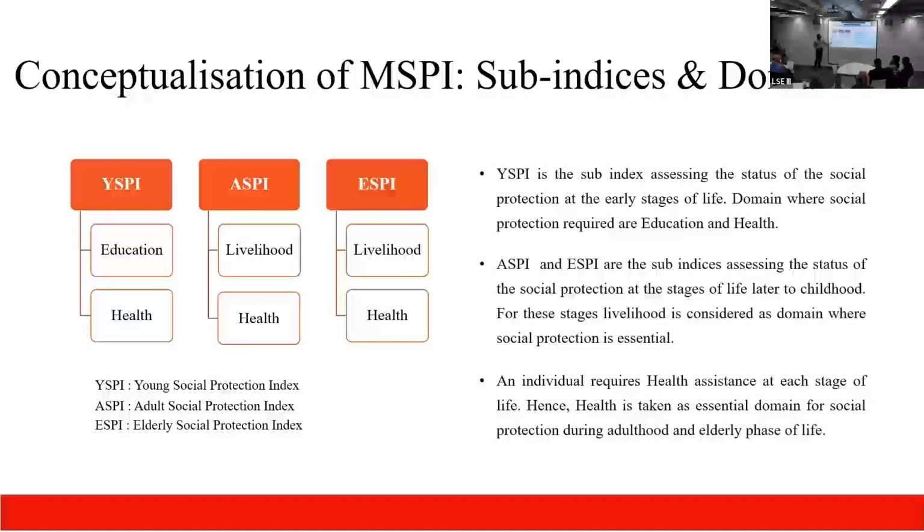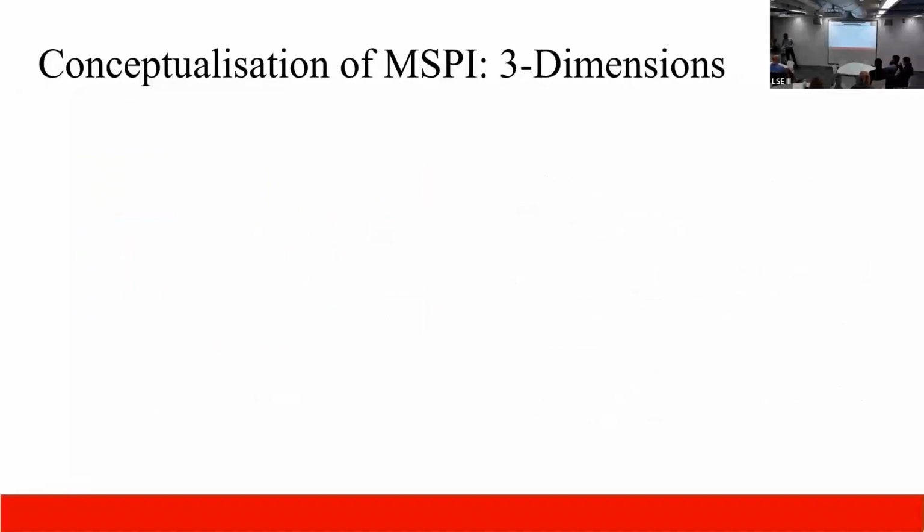So this is the classification of the sub-indices and the domains pertaining to a particular life stage. The third important aspect of this is the dimensions. By dimensions, I mean the areas on which we need to evaluate any social protection program. If we need to see whether a social protection program is